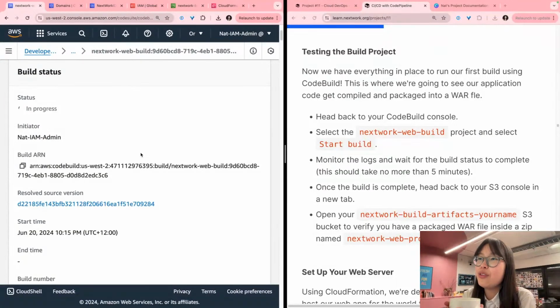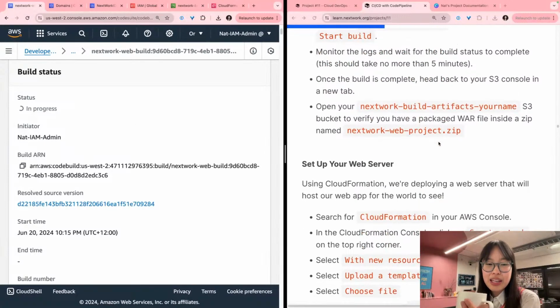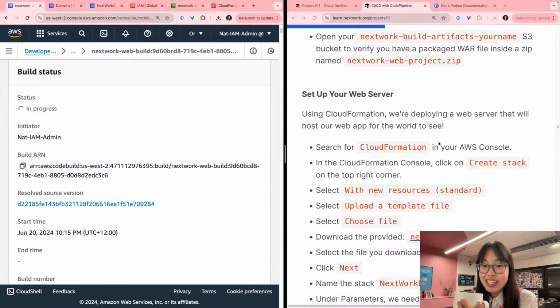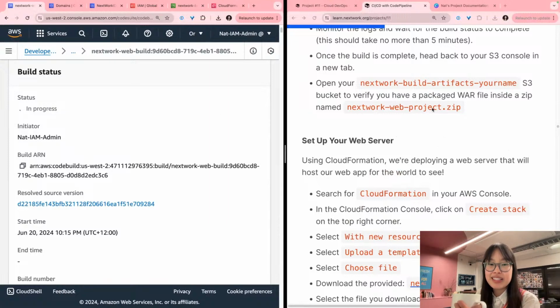While we wait for the status for CodeBuild to go from in progress to success, actually, while that's happening, we can have a peek at what we need to do next, shall we? Because once that build is done, we have pretty much finished with part 4 of the project series, and we'd be entering project 5 territory. And project 5 territory was using CodeDeploy. And CodeDeploy is the AWS service that helps with making our web app available to the world,